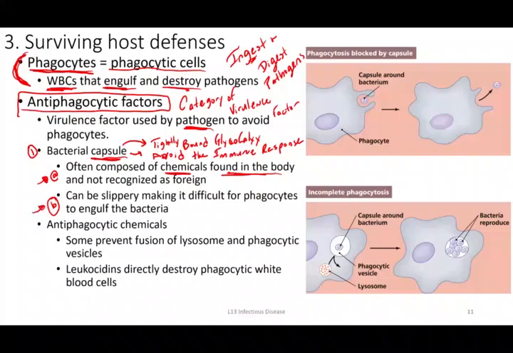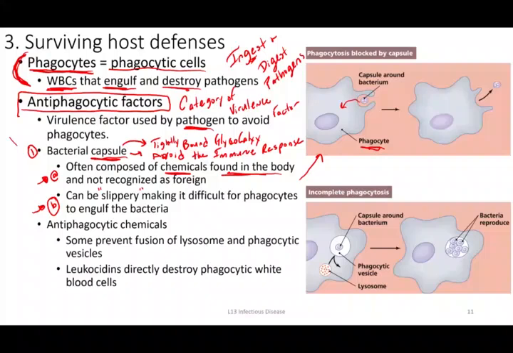But another is shown in this picture. And so as we described, what a phagocytic cell has to do is it has to find a bacterium and then physically ingest it and actually move it in. And so some bacterial capsules are much harder to physically adhere to than bacteria lacking capsules. And so if a capsule is made up of molecules that make it, as it says here, more slippery on a molecular level, then it's harder for our immune system to ingest and digest.